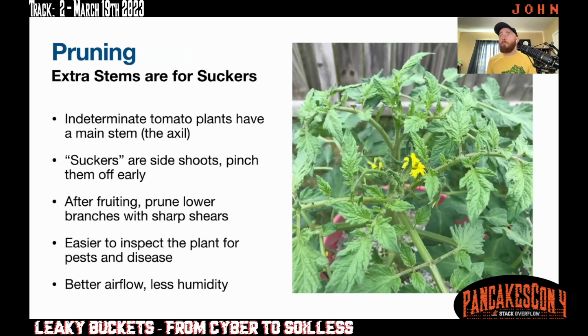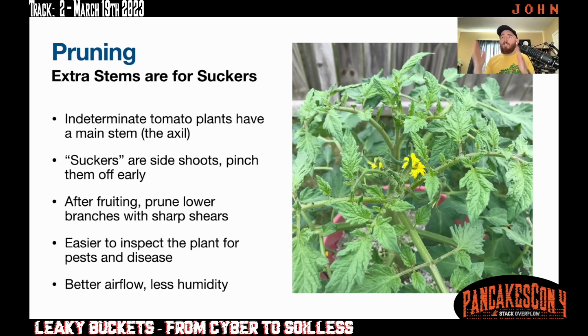Getting pretty close on time, so I might not get through all these things, but a few other things, tomato specific or vining plant specific. You'll probably want to do some pruning of your tomato plants as they grow. If you don't know what suckers are, they're side shoots that come out in between the main stem and one of the side branches, the leaf branches or the fruit branches. You can just pick those off with your finger as they come out if you catch them early enough. And that's what I try to do, because if not, they'll grow like completely new vines off the sides.